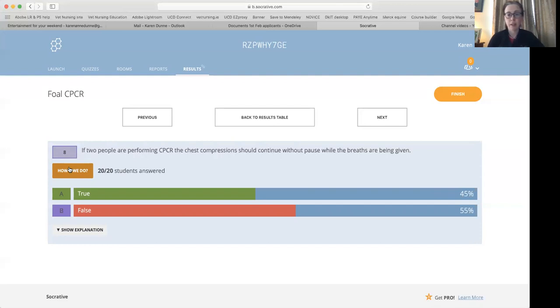The person doing the chest compressions, keep going. Now, if you're on your own, you have to stop. You can't simultaneously give breaths and chest compressions. So on your own, it's 15 compressions for 2 breaths. If there's 2 people, one person's breathing for the foal, one person's doing chest compressions, the chest compression person just